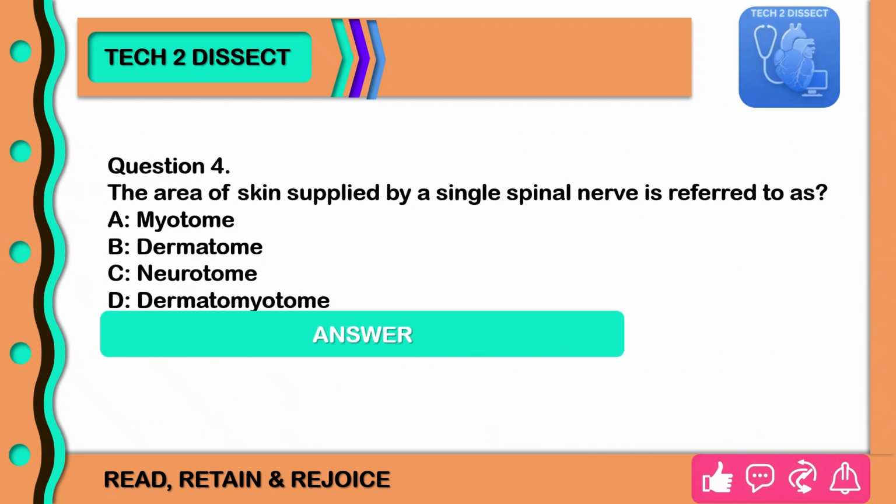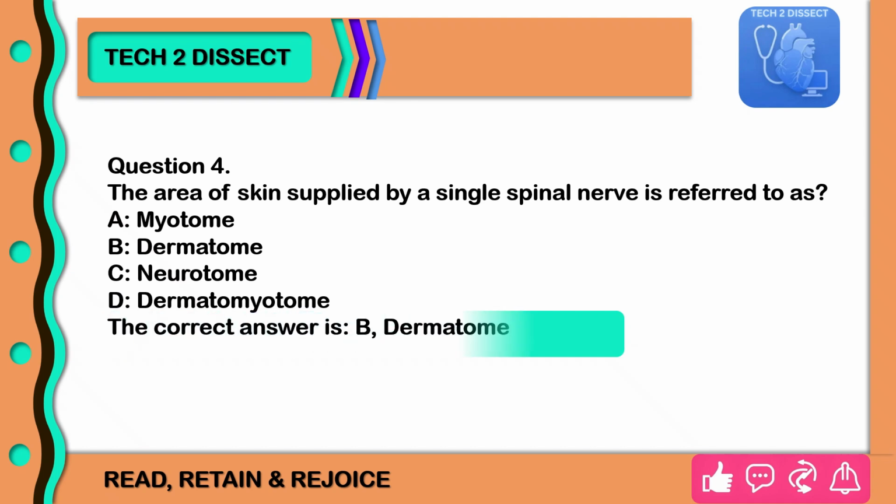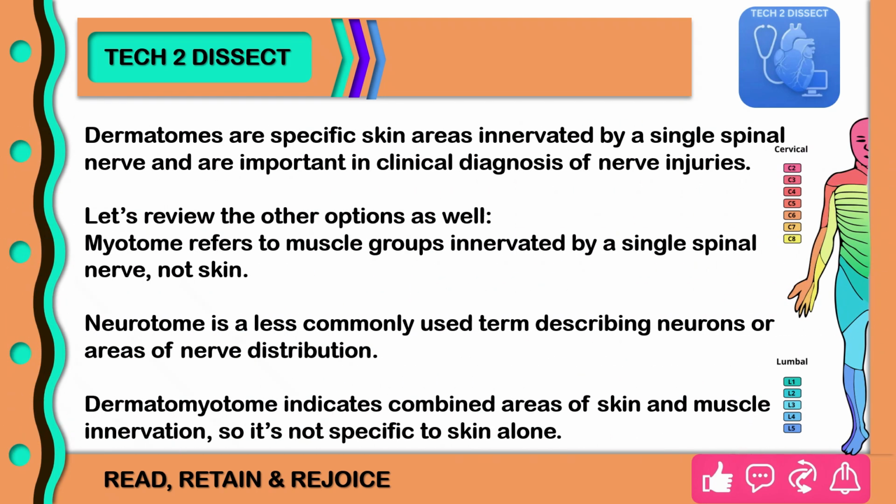Question 4. The area of skin supplied by a single spinal nerve is referred to as A. Myotome. B. Dermatome. C. Neurotome. D. Dermatomyotome. The correct answer is B. Dermatome. Dermatomes are specific skin areas innervated by a single spinal nerve and are important in clinical diagnosis of nerve